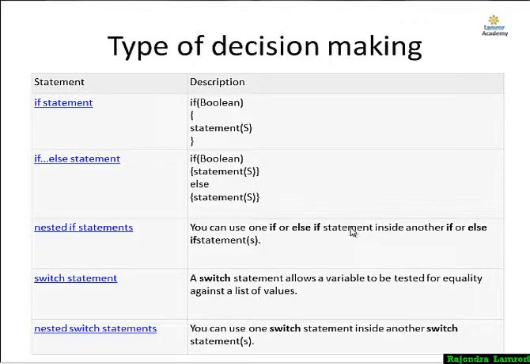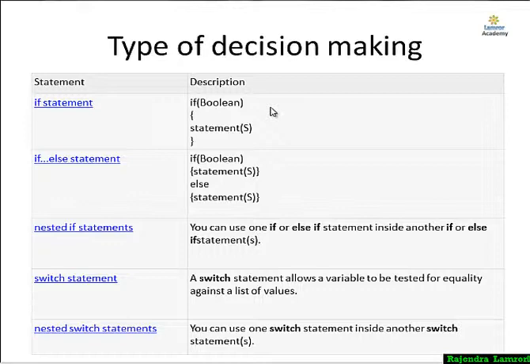So generally the types of decision making are 5 types, but in general only 2 types. One is if else and the other is switch. So how does the if statement work in decision making? If we write if and some boolean expression here, like this one is less than or greater than this one, whatever the condition is. If the condition is true, then whatever you have written between the brackets will run at this time. Or if you have only a single line, then there is no need to put the brackets, simply write if and below it the line, and it will work.